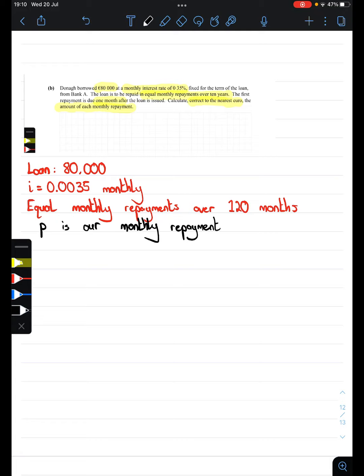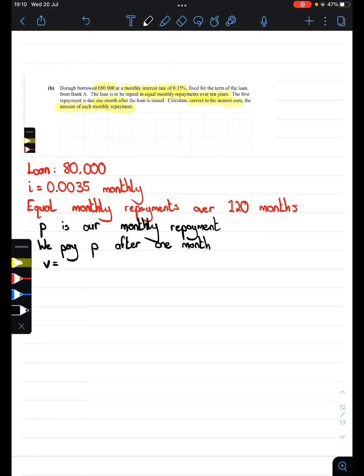What is that worth to the bank? Well, there's an interest rate of 0.0035. So how much it's worth to them, let's say the value to them, V,